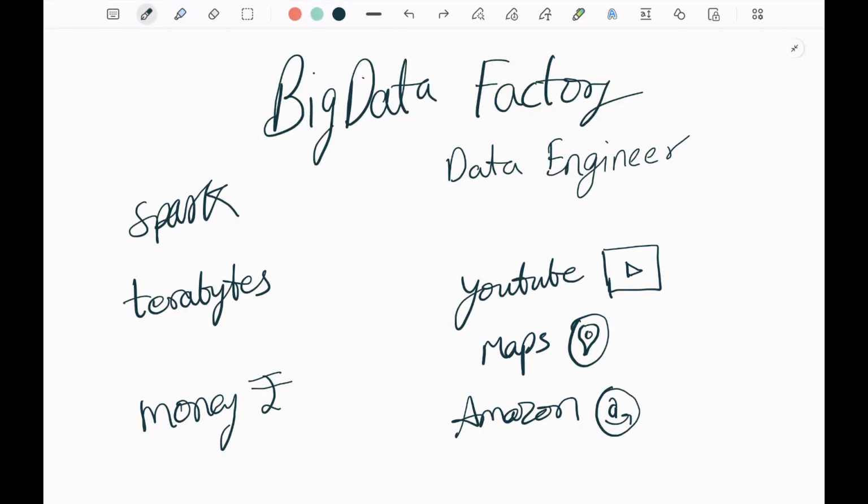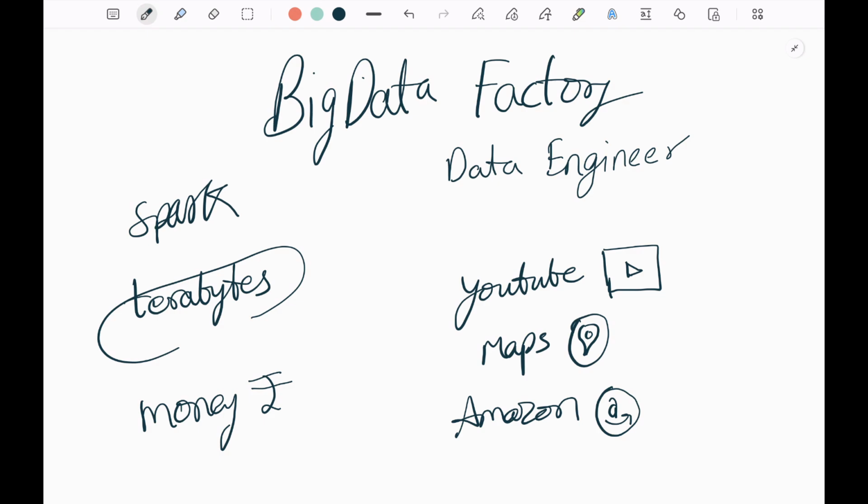I am a data engineer and I work on real production big data systems where Spark jobs fail at 2 a.m., where data volumes are in terabytes, and where bad pipelines cost real money. I will show you how data engineering actually works in companies, real world architectures, interview ready concepts and mistakes I have personally made so you don't repeat them. If you want to understand big data in a practical, real way, you are in the right place.